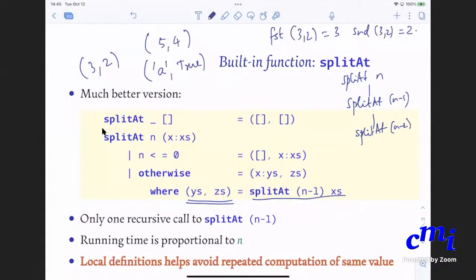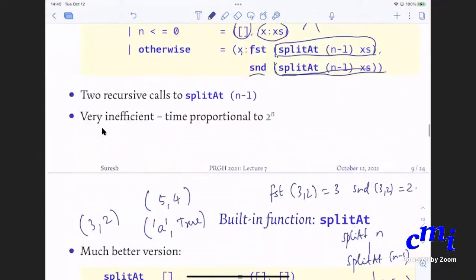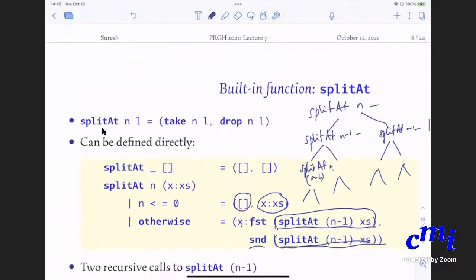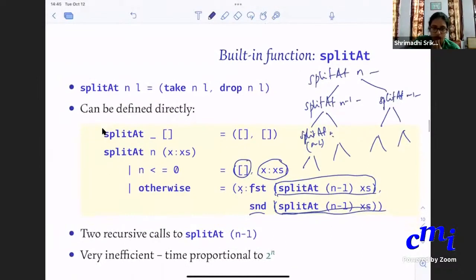Sir, could you go back to the previous slide for a moment? Yes. I understood what this code says, but why is it different?